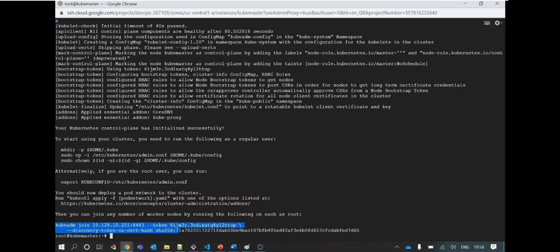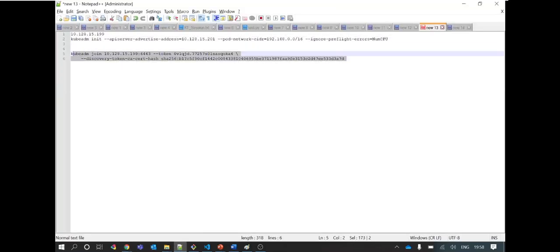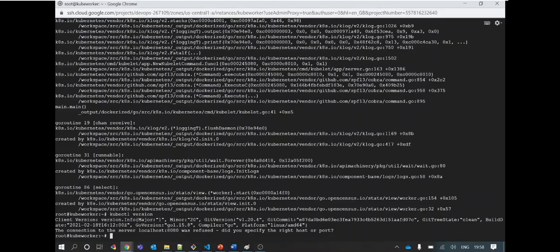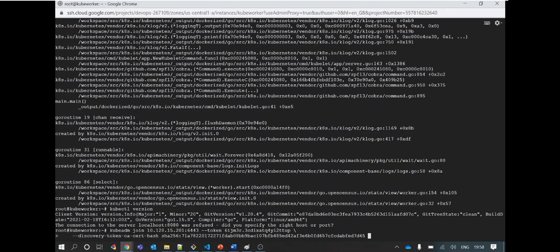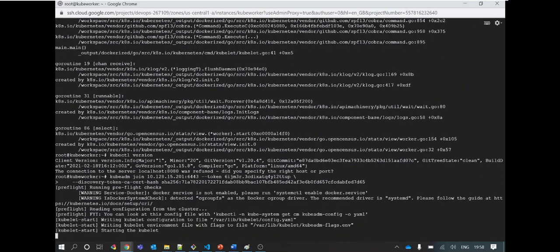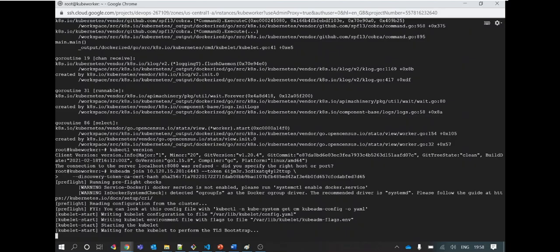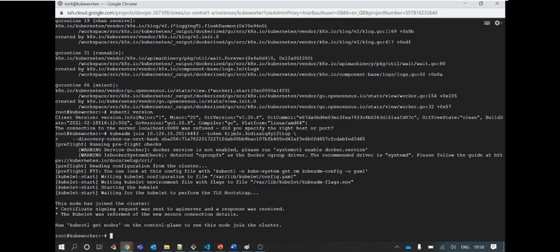Now you will definitely need to join your slave nodes. So this is the command that kubeadm gives you at the end of the cluster creation, that you can use to join your slave nodes. I am saving this command here that I will run on my worker nodes. On root user only I need to run this command. Do not change the user, because this will be using permissions of files that were created by kubeadm.